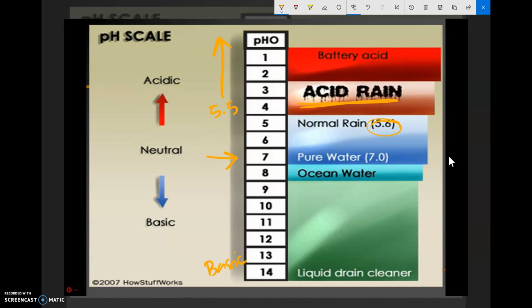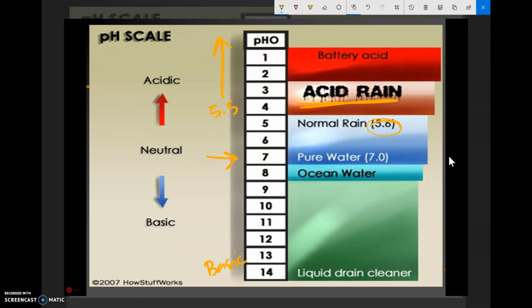Also, deforestation. If you ever noticed that sometimes you might have a big area of forest that's dying, that could also be due to acid rain. Or bodies of water. They can also be affected by acid rain. It can turn the water color. It obviously can change the pH. If the pH drops too low, then your fishes and your plant life cannot survive, and so it's a big